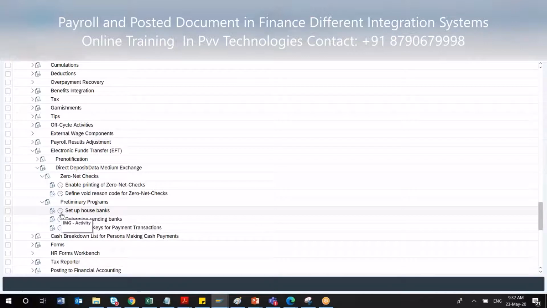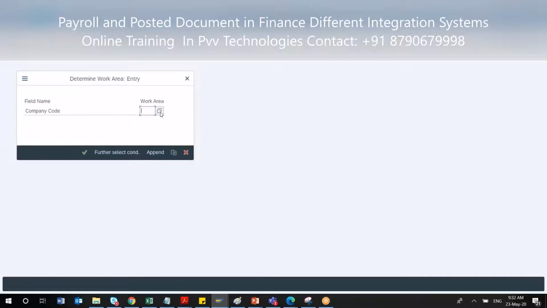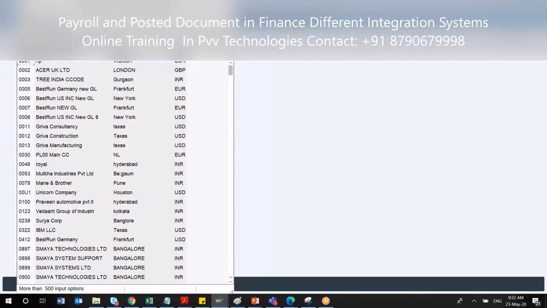Suppose there is a new bank in your area. You have to capture this depending upon your company code. All of your salary is configured into that particular area. Suppose this is the example: this is my city where I am living now. Somebody has configured Gurgaon. So you can also configure whatever depending upon your city, company code and all.